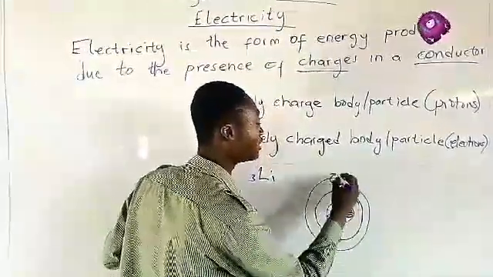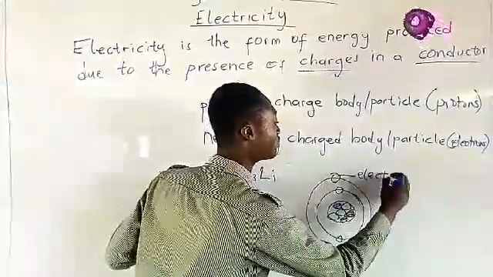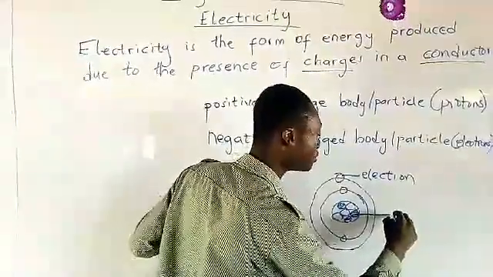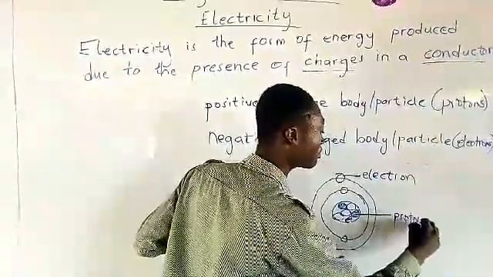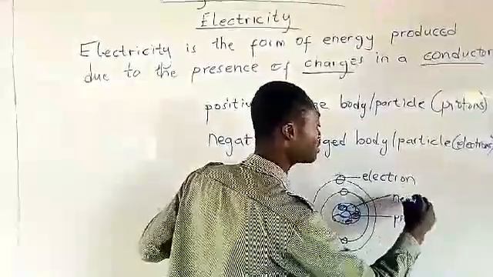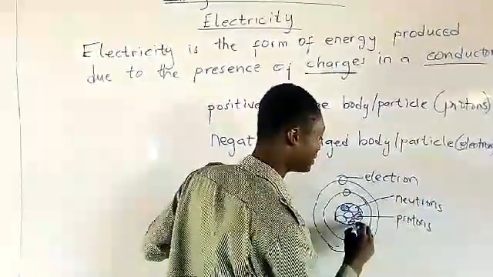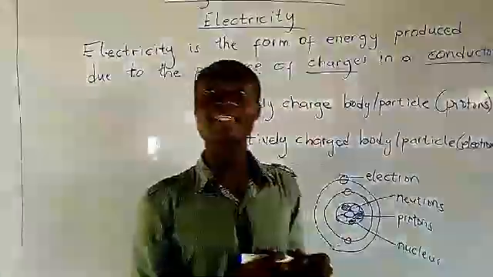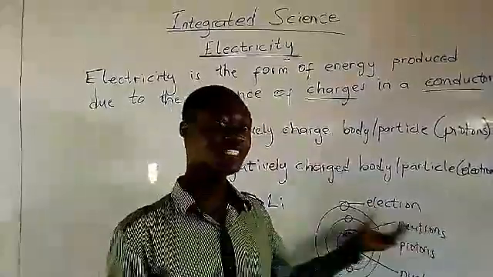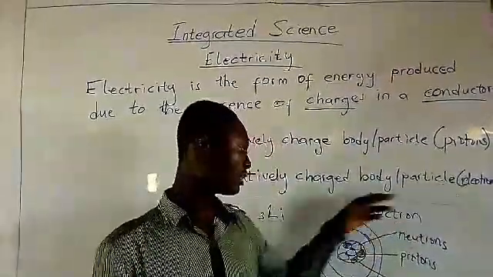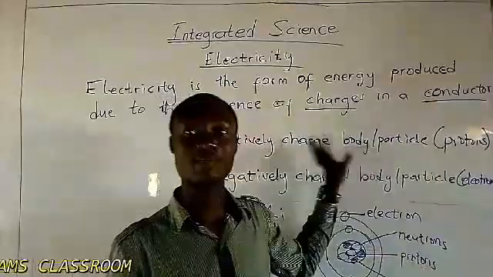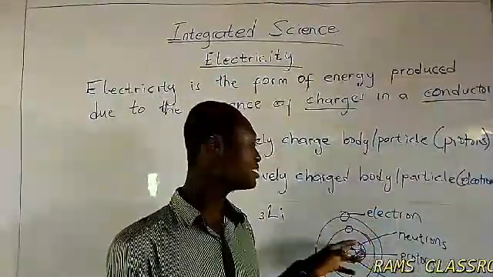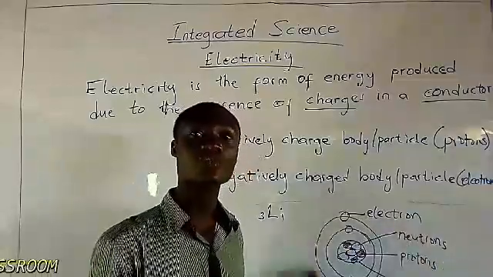So we have these to be our electrons. Let's take the shaded circles here to be our protons, these to be our neutrons, and the big circle here to be our nucleus. Now, you see that we have two charges here. We have the electrons to be negatively charged and the protons to be positively charged. The protons are stuck within the nucleus, but we have the electrons revolving around